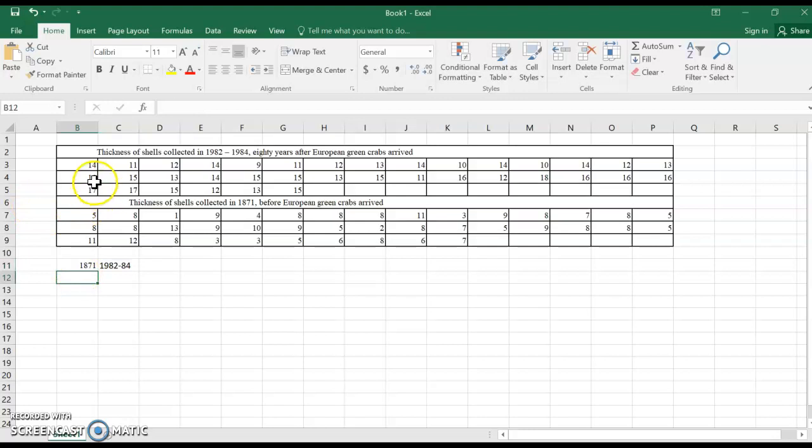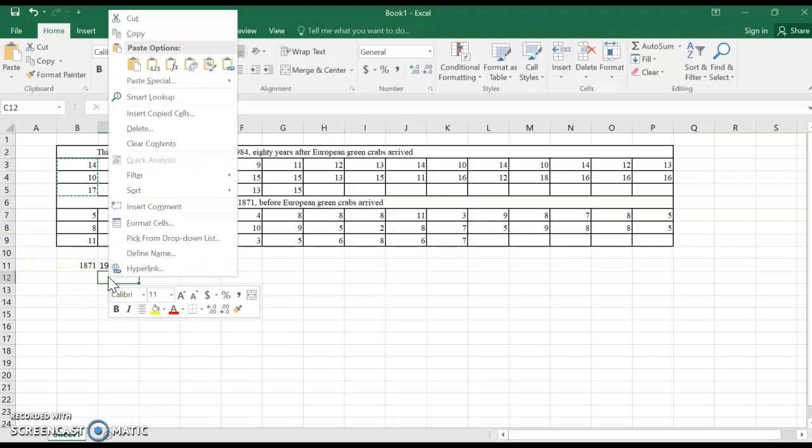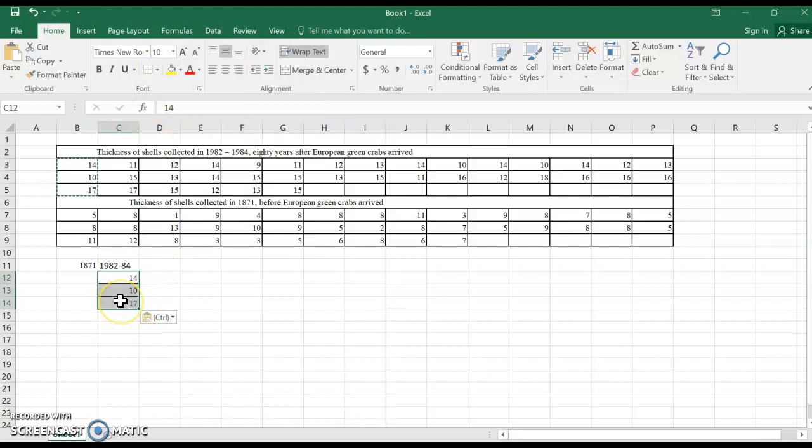Now what we want to do is turn this from a horizontal setup to a vertical setup, and there's two different ways you can do that. You can either go ahead and copy, so we're going to highlight by clicking on and then dragging a column. Then we can again either right click and do copy or do Control C, and then we can paste that like we did before, right click and then paste, or Control V, and that will